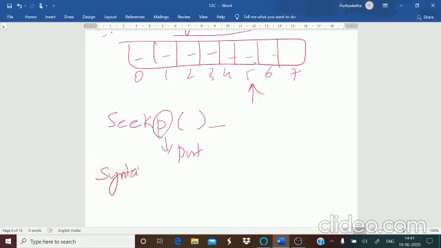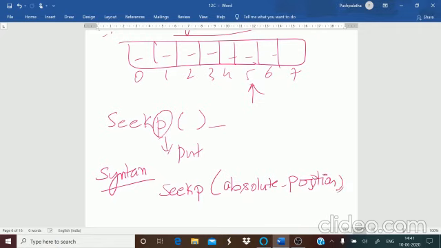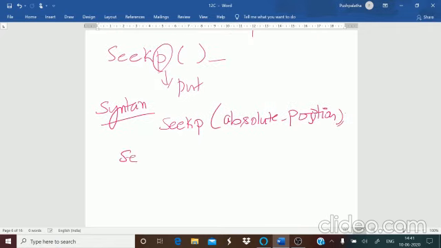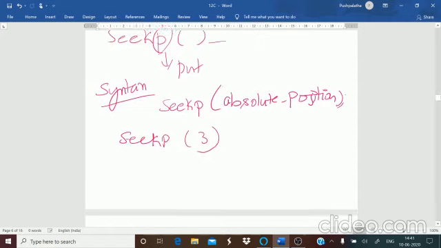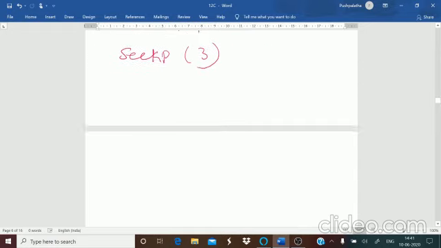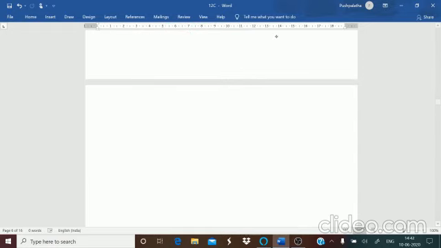Again, the syntax for this is seek p, absolute position. If you say seek p 3, it moves the pointer 3 locations from your beginning. It may be either positive or negative, either moving front or back.